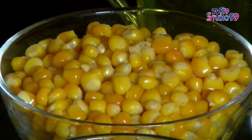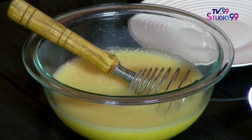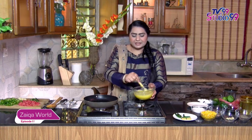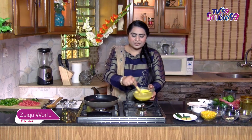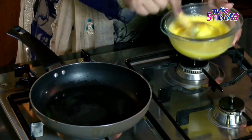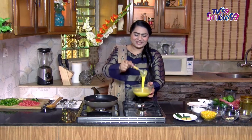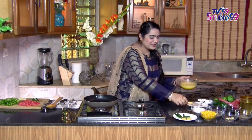And before we went for a break, we added 2 to 3 tablespoons of oil, and now we're just heating that oil in this pan. Then we're gonna prepare our egg chunks. So here I got 5 eggs and a pinch of salt in it, and just gonna beat it nicely. So all the texture is gonna be like this. You can see, wow. I love beating eggs, you know. Nice smooth paste. I'm gonna remove this, and